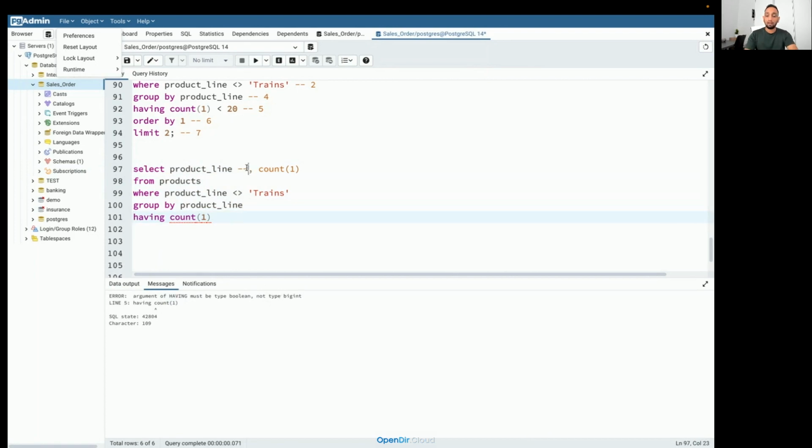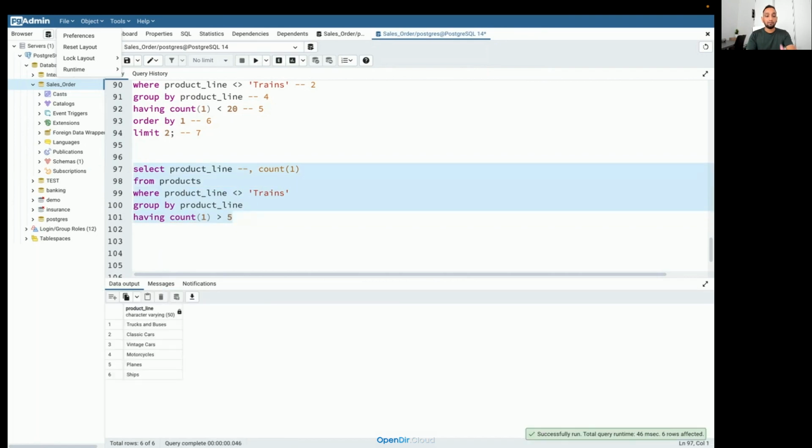Okay, because I need to have it here. Sorry, I need to have this syntax here. Count of one having greater than three, or let's say I'll put having greater than five. Okay, so now if I execute this,